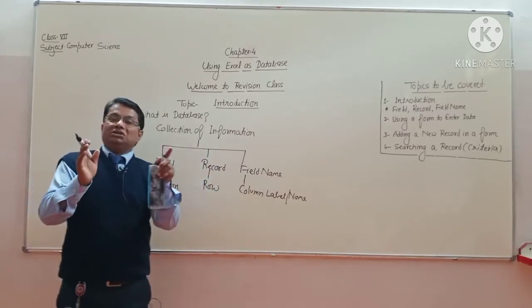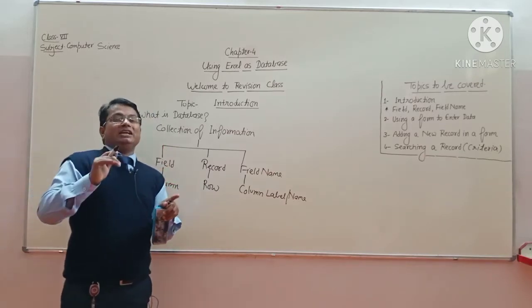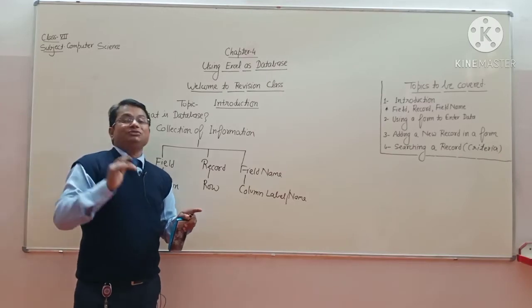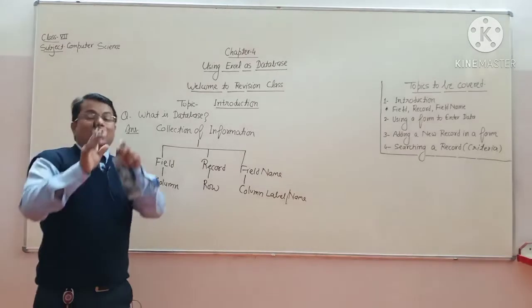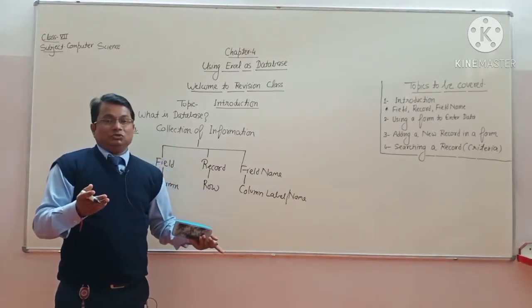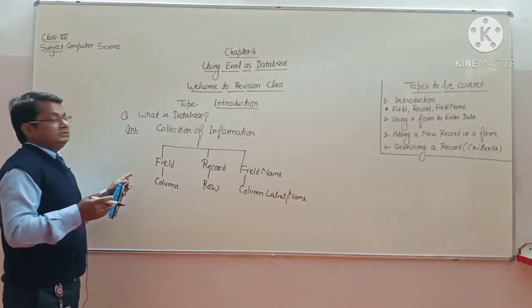It means that whatever the columns you have specified in a particular table, that all the tables having a particular name. Right? So whatever the names are there, that always give one kind of suggestion of how the column name is defined. Right? So this is all about the introduction part.